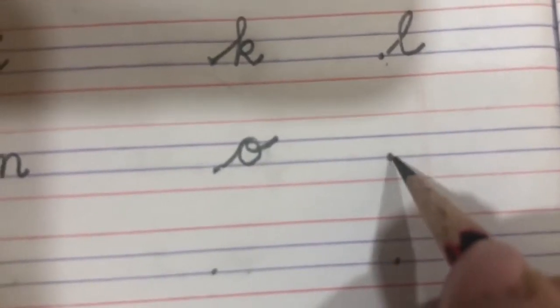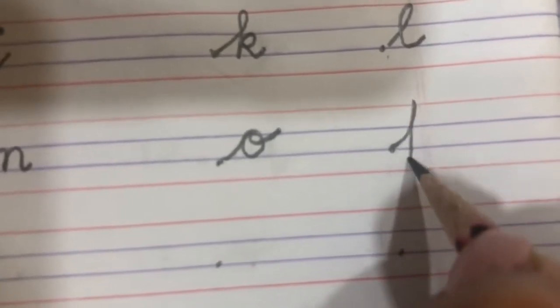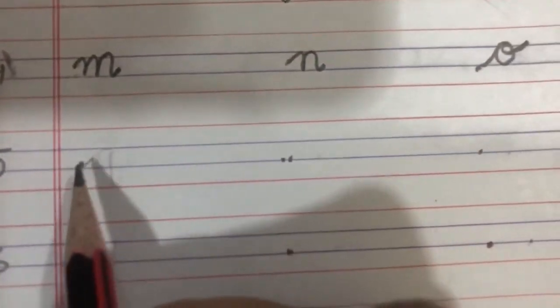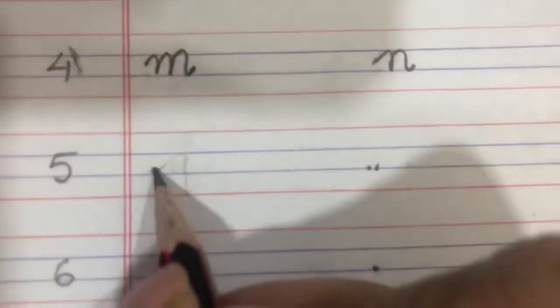P, parrot. P, pen. Q. Next would come in the next line. Q, queen. Q, quill. R,